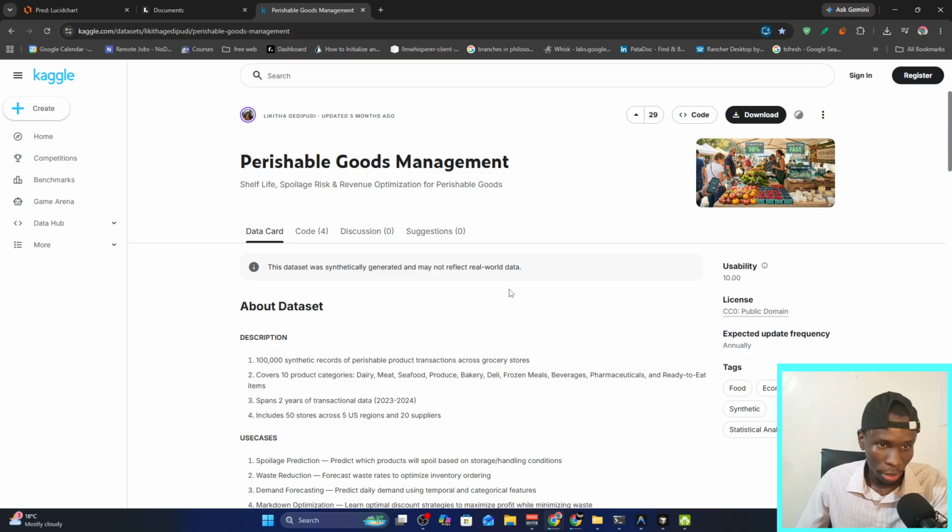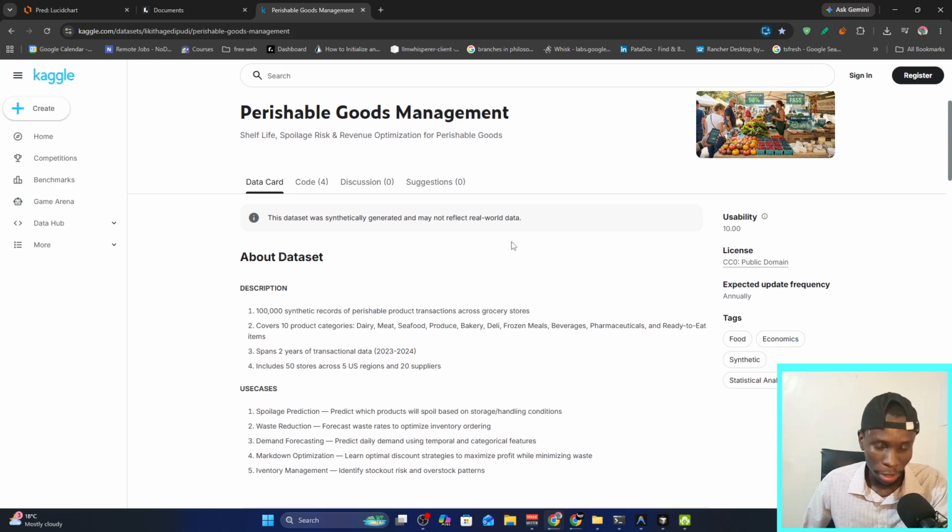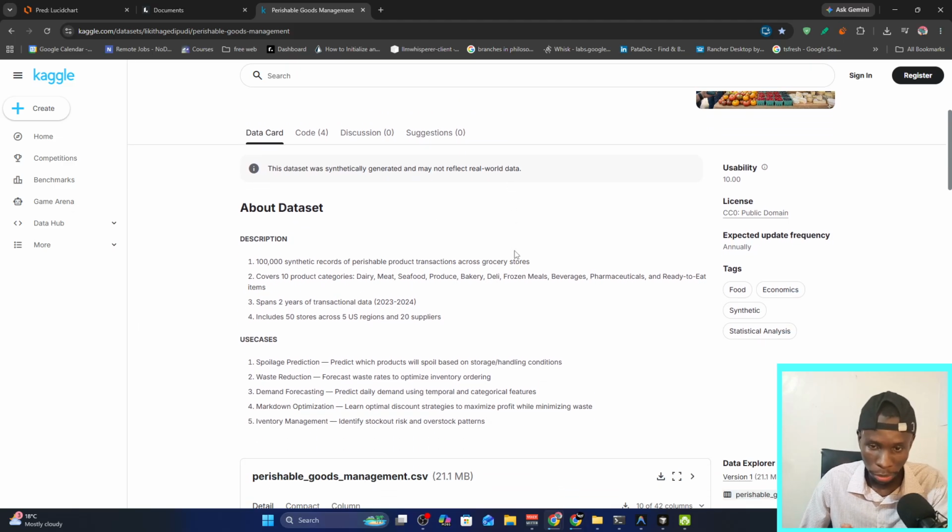And so this is a perishable goods management system. And as I had also spoken earlier, I think in the previous setting, we're not just going to build a single model. We're going to build multiple models, and with those models, we're going to see how we can orchestrate the entire system within the setting. So this won't be a simple model, for example, spoilage prediction, but we're going to see if we can build a spoilage prediction, a demand forecasting, and also maybe markdown